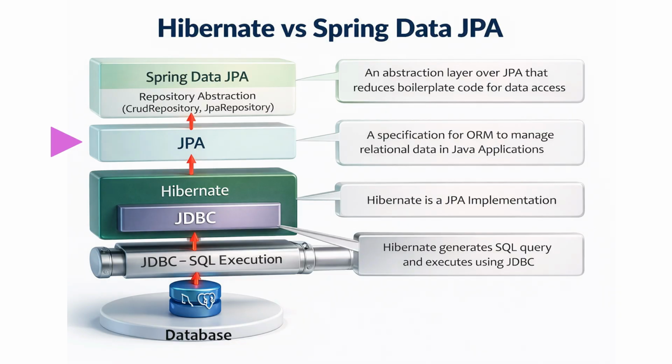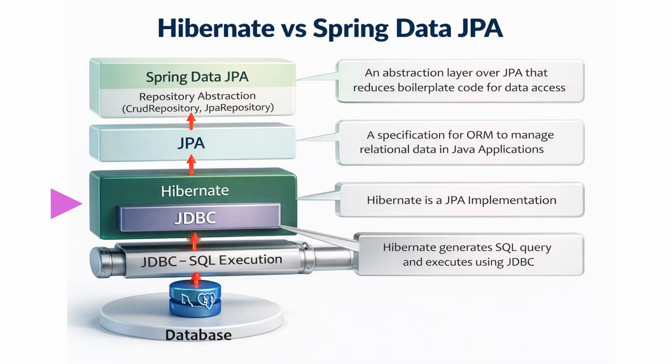Internally, it will use Hibernate as a JPA implementation. We can also call it a JPA provider. Here, Hibernate is a JPA implementation. Hibernate is the actual ORM engine. It is responsible for converting entities to SQL queries, handles relationships and cascades, manages caching, and also generates optimized SQL queries. Hibernate handles the core ORM operations behind the scenes, and Hibernate uses the JDBC API to communicate with